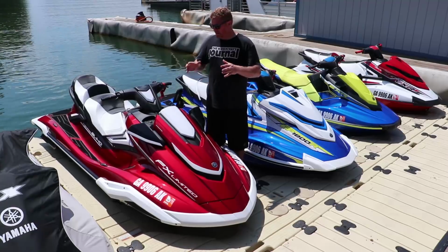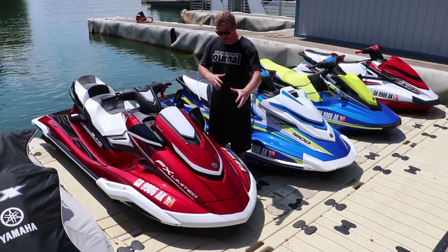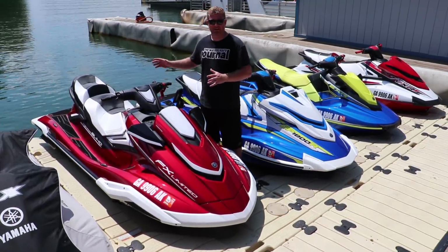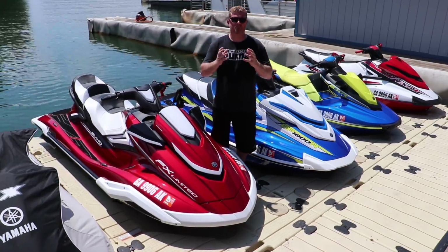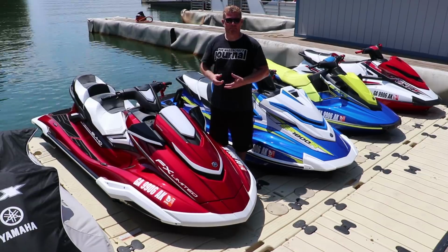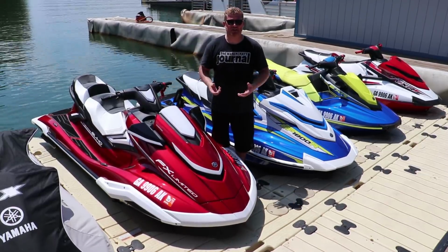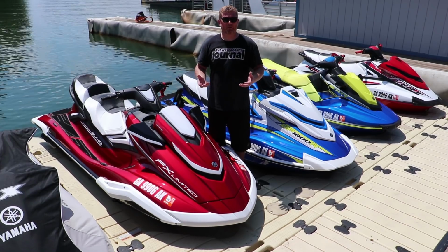Impressively enough, the new FX series was able to maintain this new design and all this great styling within the same margins of the previous outgoing watercraft. It's only 0.4 inches wider, it's less than an inch longer, and we only think it's a couple pounds heavier